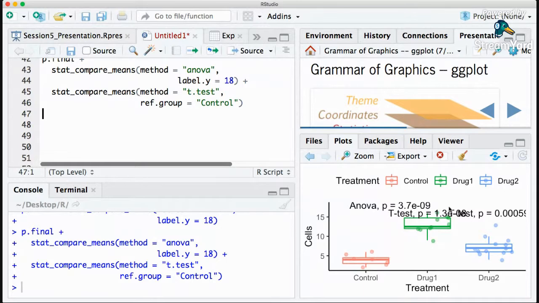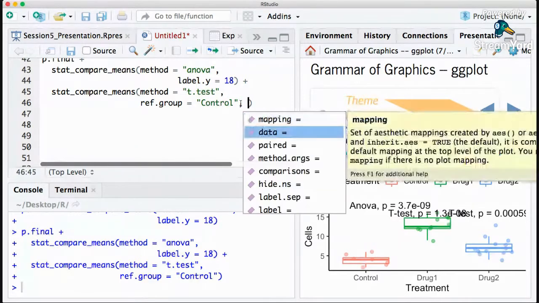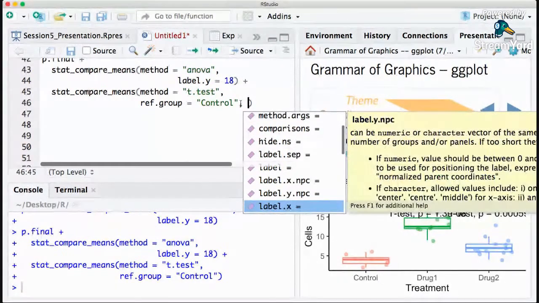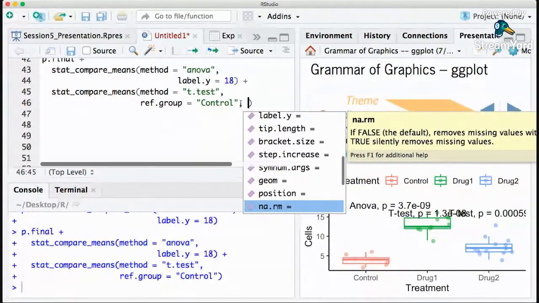So you'll see that it puts that value, but it's not looking very good. It's kind of looking a little bit messy, right? Because it writes the full thing, t-test p equal to this. And most of the time we don't really want this. So what you can do is you can just say